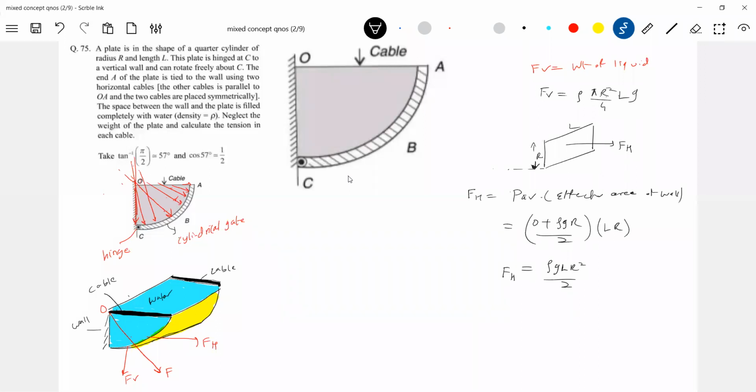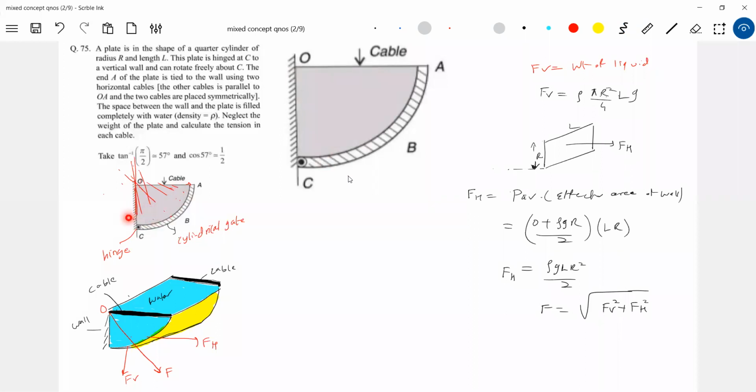Okay, good. From the pressure triangle, we'll get the same thing. So now, what is the resultant force? The resultant force will be the square root of Fv square plus Fh square. So I'll get the resultant force. How should this force act? The resultant force should pass through the point O. Any reason for that? Because how will the liquid exert force here? It will exert normally.